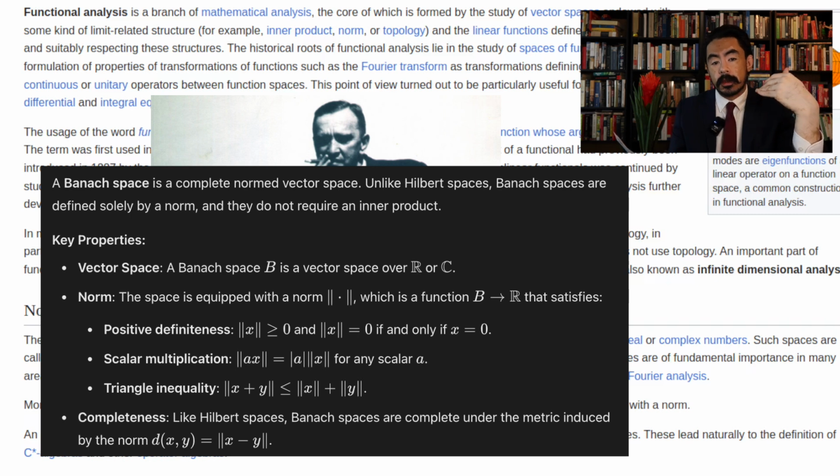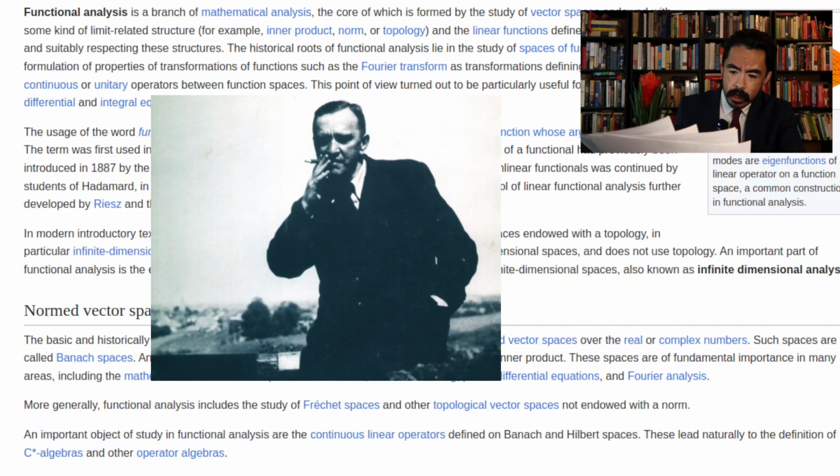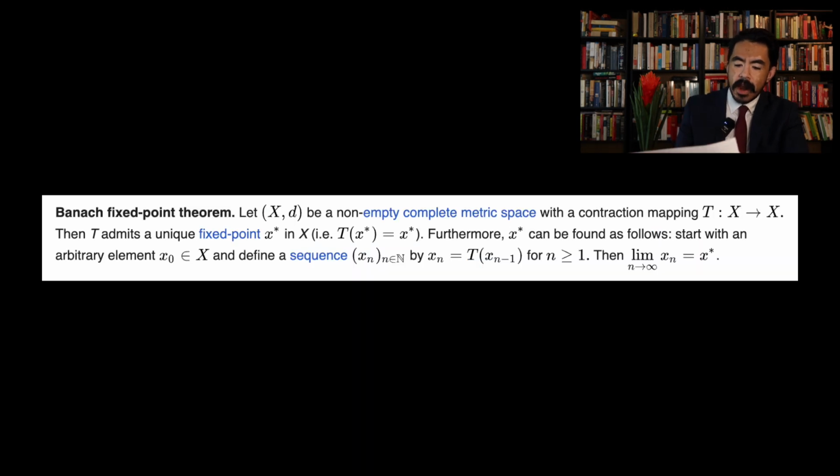Furthermore, the space B is complete, where, like Hilbert spaces, Banach spaces are complete under the metric induced by the norm: d between elements x and y of the Banach space is equal to the norm of x minus y. So this guy Banach, his name is also lended to what's known as the Banach fixed point theorem,